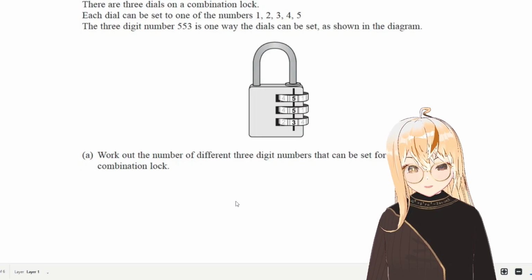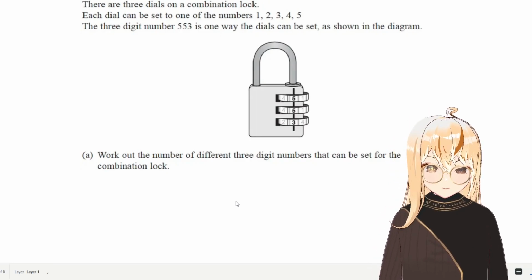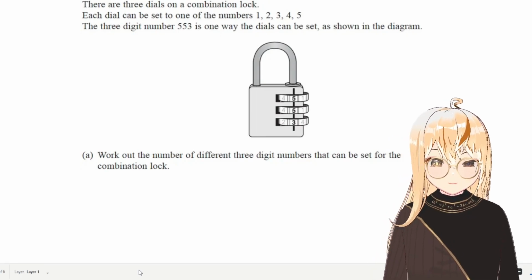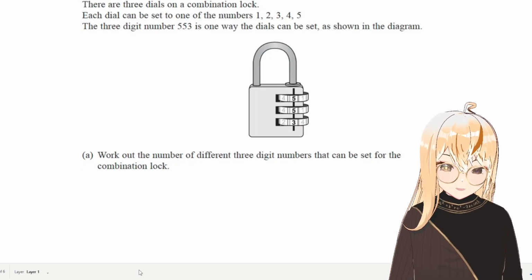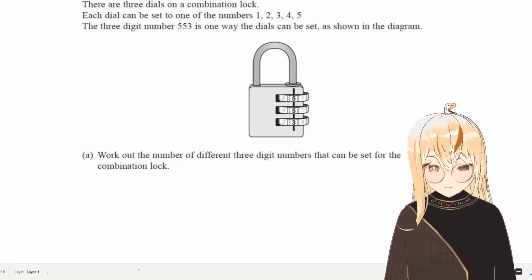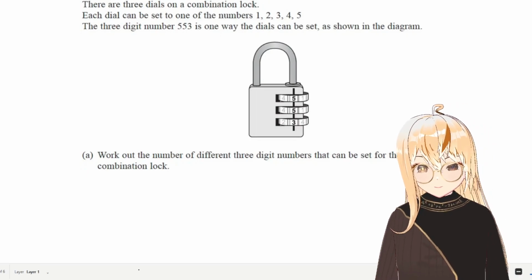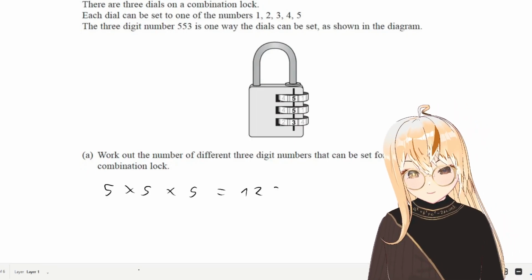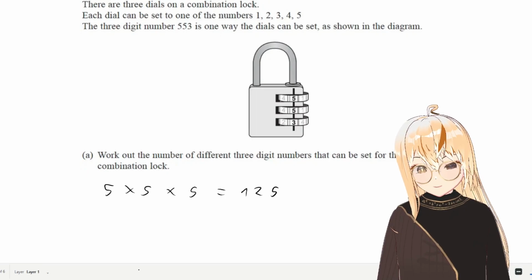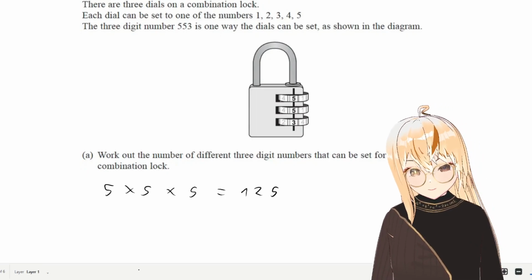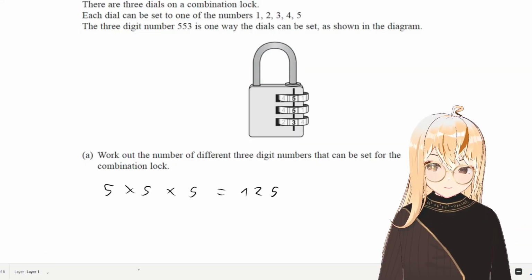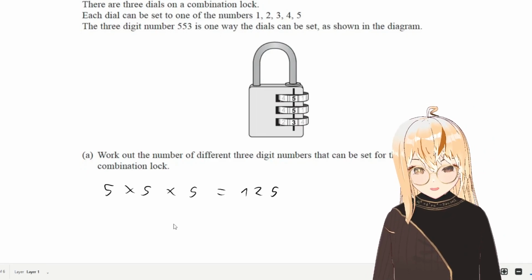Okay, so in this question we've been shown a lock with 3 numbers and 5 possible digits for each of them. Now we need to find out the possible number of passwords that can be set for the lock. This is simple, because we have 3 separate numbers and each of them have 5. So all we have to do is do 5 times 5 times 5. The reason we don't minus 1 from each of them is because there are just 5 options for each of the 3 options. There's 1, 2, 3, 4, and 5, but not like the teams one, where they can't play against themselves.